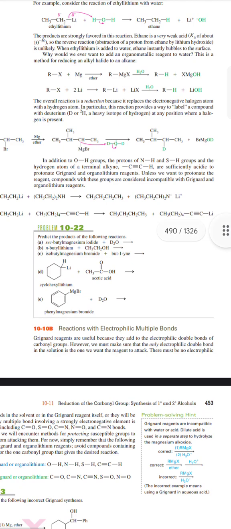Next topic is reaction with electrophilic